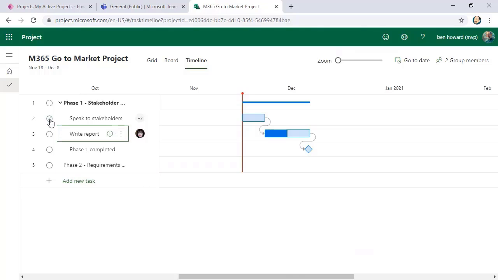Another way of just saying something's complete is just by clicking a little checkbox there. You'll see we get a nice little ping that comes up. So again, very familiar interface to my tasks and the other tools that we have in Office 365. So the grid and the timeline,